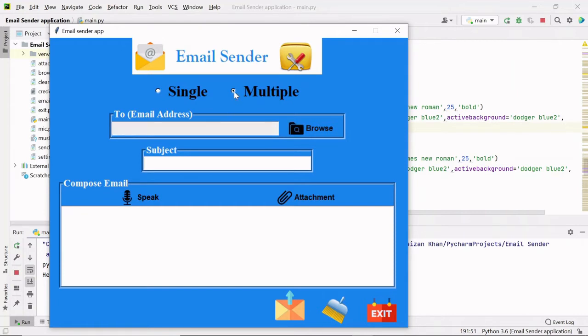And now finally let's see how we can send multiple emails. The way of sending multiple emails is to browse one Excel file inside which you will have all the emails in an email column. So what I mean by that, let me show you.